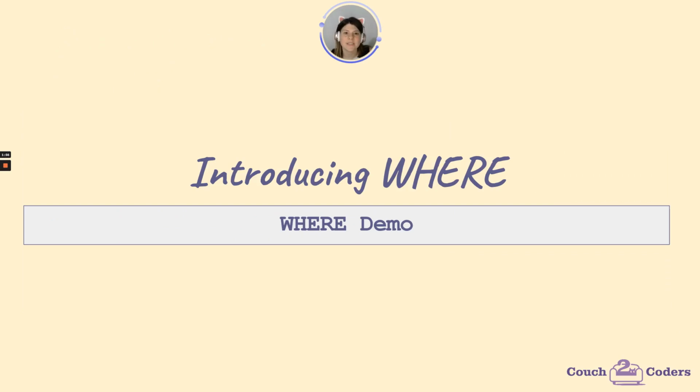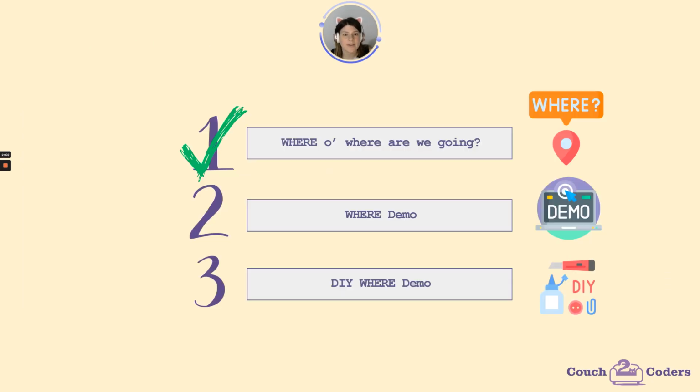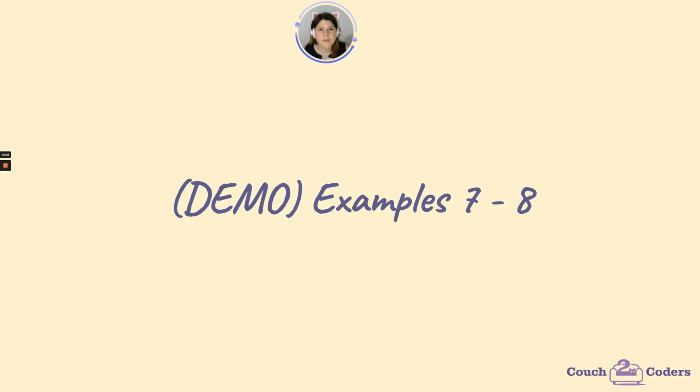In this lesson, we are going to do a demo where I go through two different practice problems. Let's take a look at where we are in the outline. So we've already completed the first lesson in this three-part module, and we are in the WHERE demo part 2. Now that we've learned what the WHERE statement is and applied it in our little Macy's case study, let's go ahead and do an example together where I show you how to use the WHERE filter in a standard